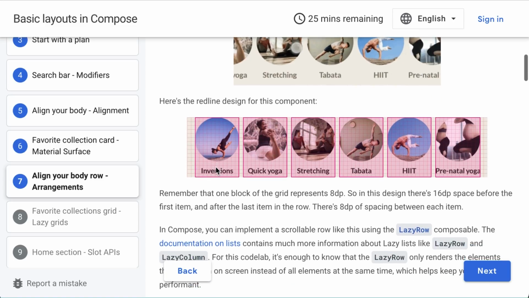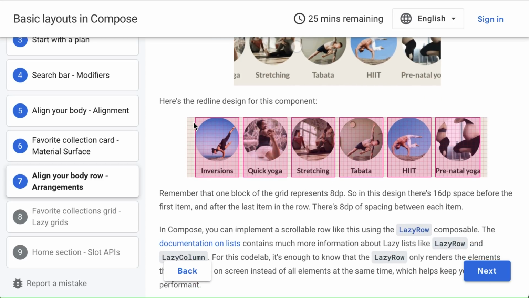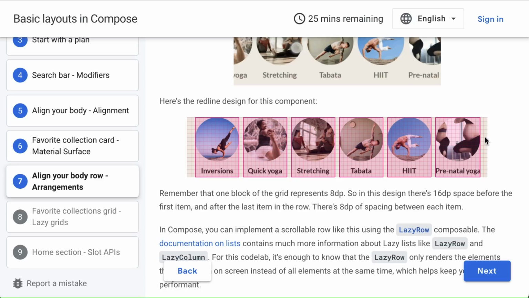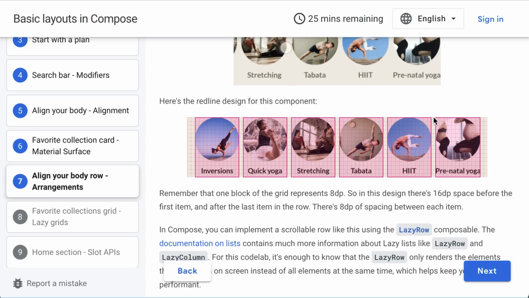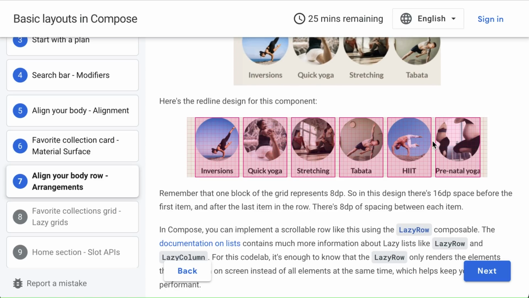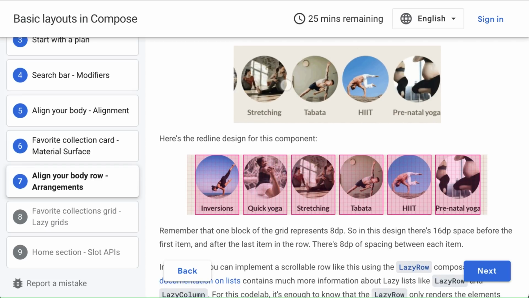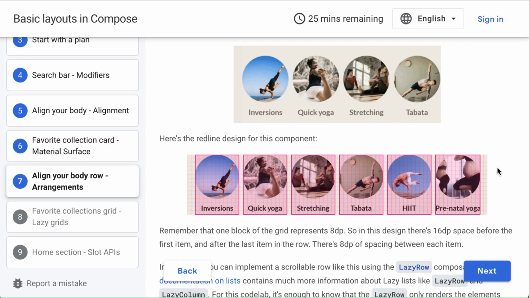And I think if we look at the red lines design, there's two extra things that we can see. And that's that there's a little bit of spacing at the beginning and the end of our complete container. And then there's padding in the middle. And of course, let's not forget, it is inside a scrollable container. So we will have to do something special there.